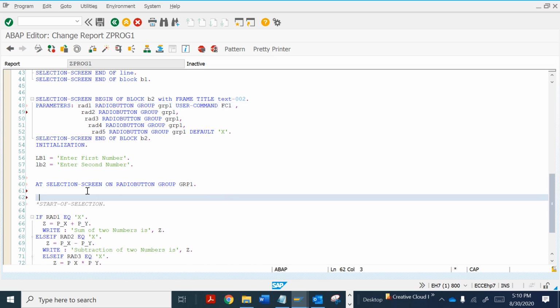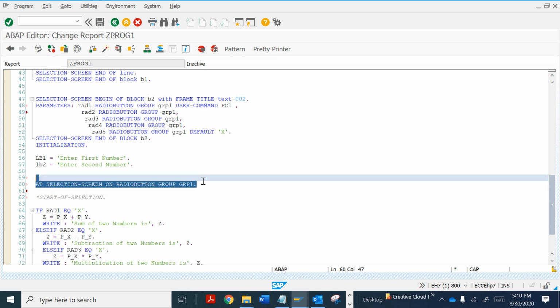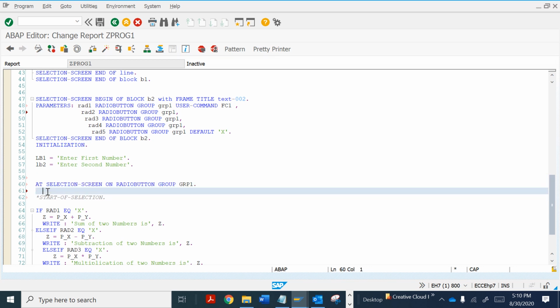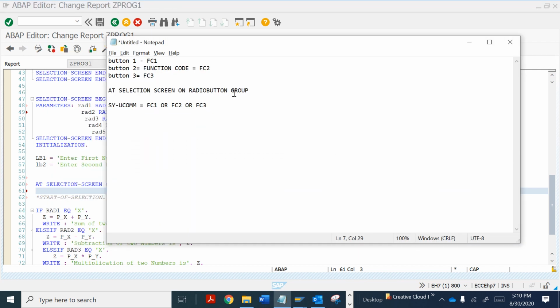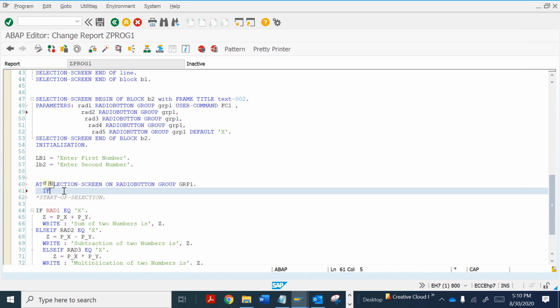Now we will move to this event where we want to perform all the operations. So now we will select that system field. Let's do this in a case statement.